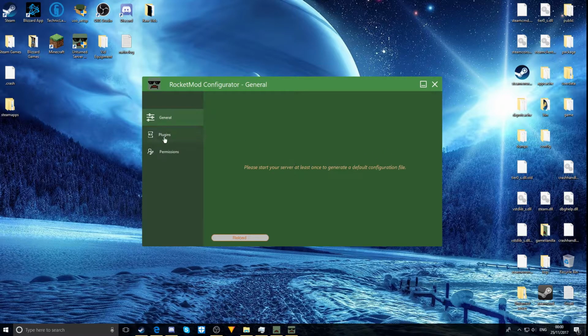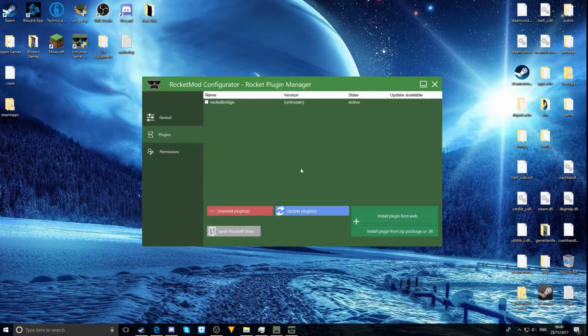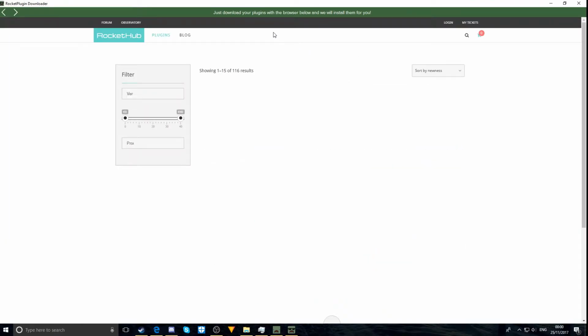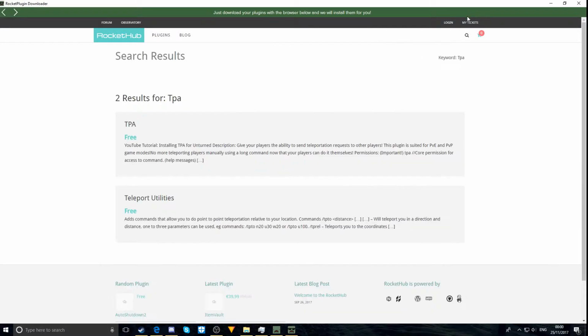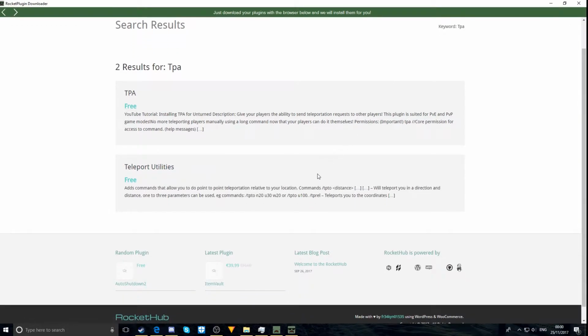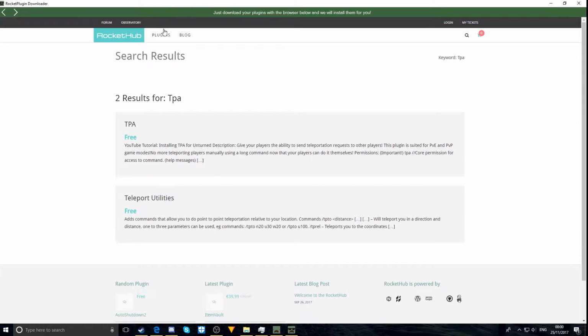Rocket mod editor. It lets us have a play around with mods. Rocket bridge, and let's say we want TPA in our server. What we do is we go into this search bar and then we type in TPA here, and it should come up with TPA here. It's completely free, teleports all that, and now we go into